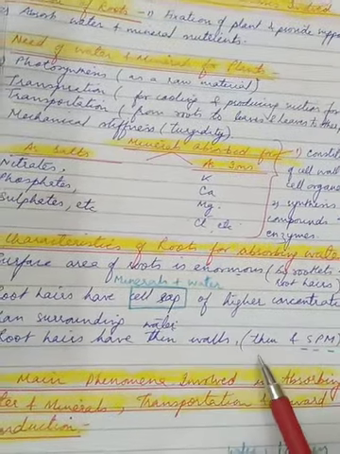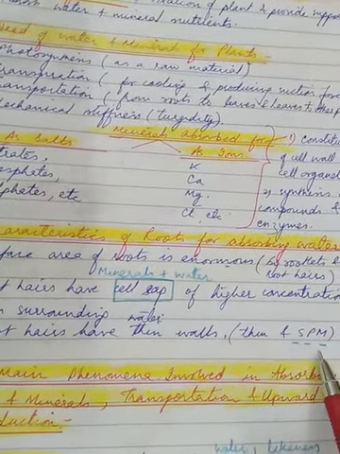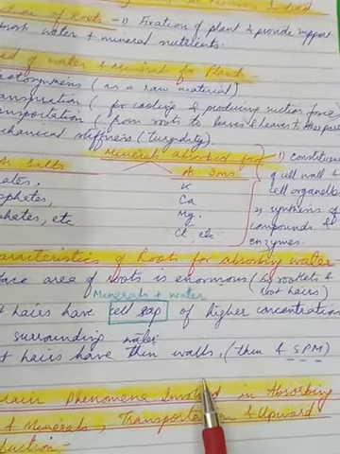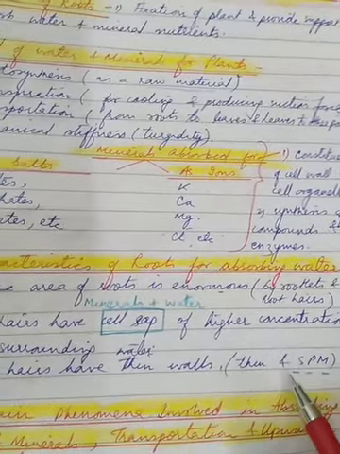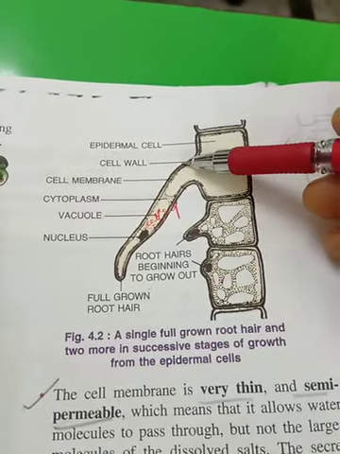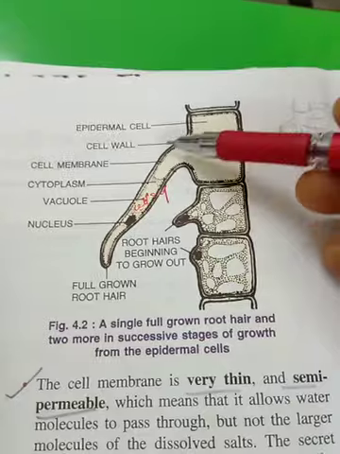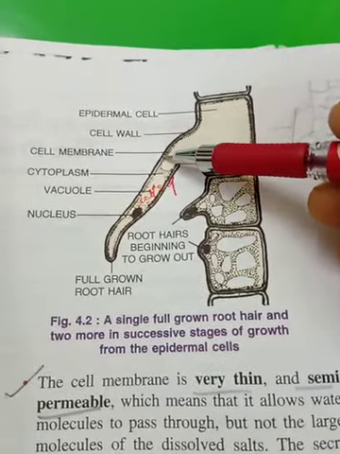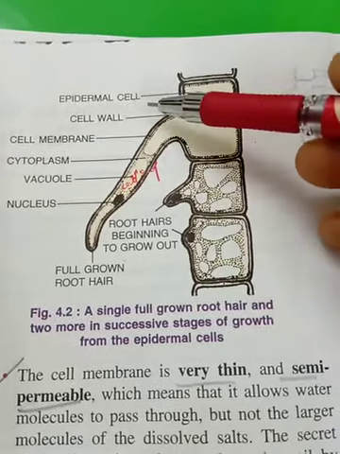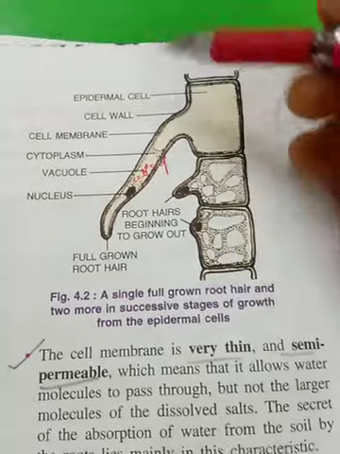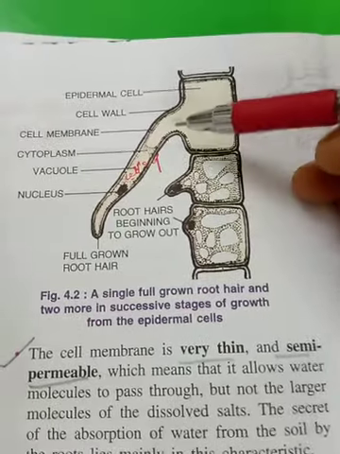The root cell wall is thin and permeable, and it allows the movement of water molecules and dissolved substances freely in and out. Also, let's talk about the cell membrane. If you see this diagram, children, you will see that the outermost structure is the cell wall. I'd say this is thin and very permeable. But inner to this, if you see the cell membrane, this is also very thin and semi-permeable. Semi-permeable means it allows water to pass through but will not allow the other substances or dissolved salts, alright, which are very large.